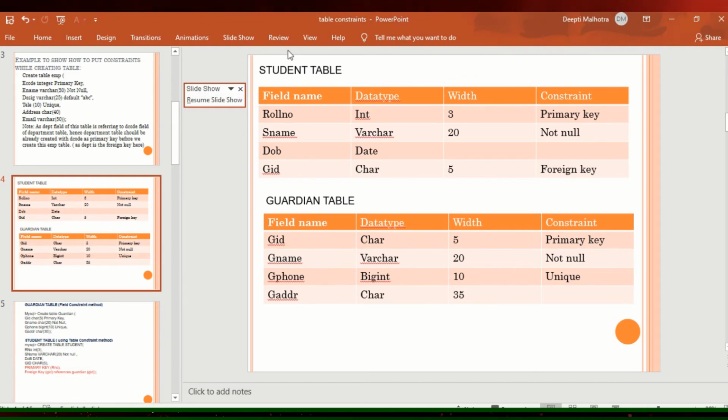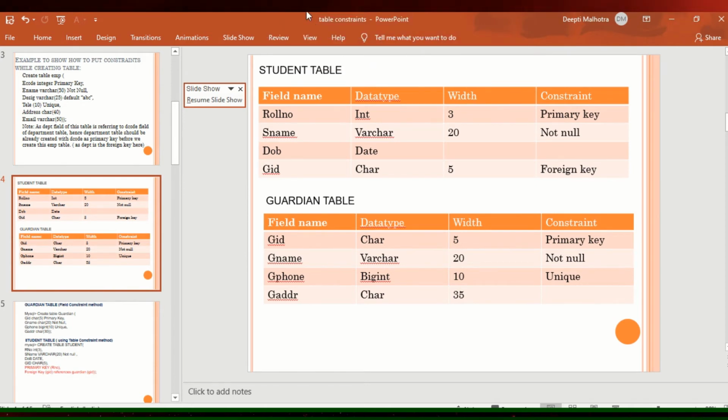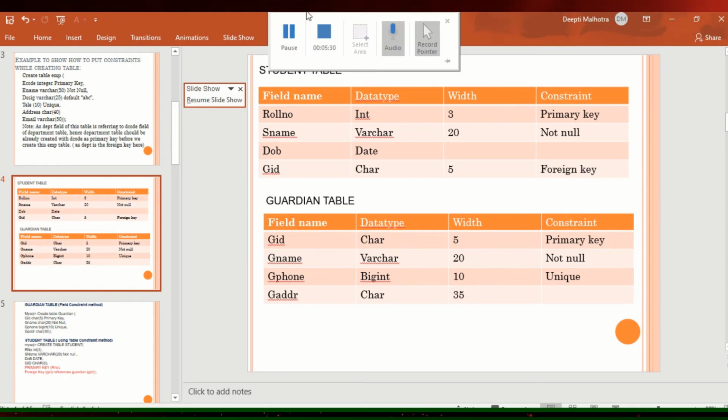Now, once you are thorough, yes, my content is finished and my explanation is over, I want to stop my video and I want to stop my screen sharing and make a video out of that. So here, you can pause also in between if you want to stop at a point, and then you have to stop recording.